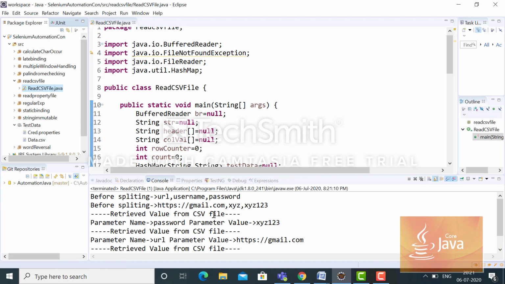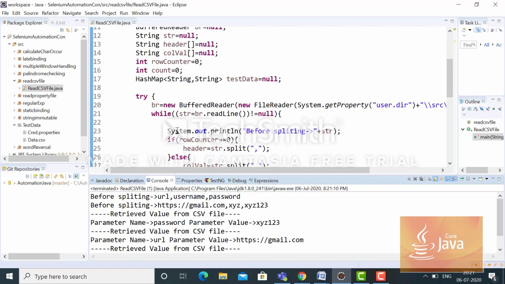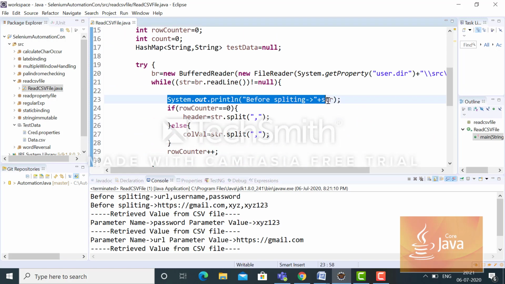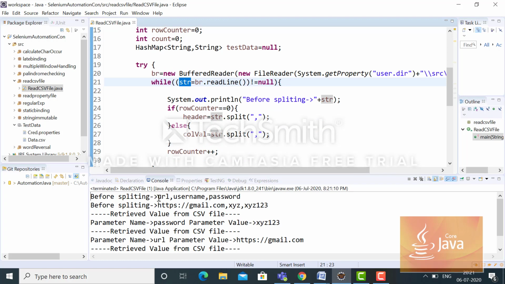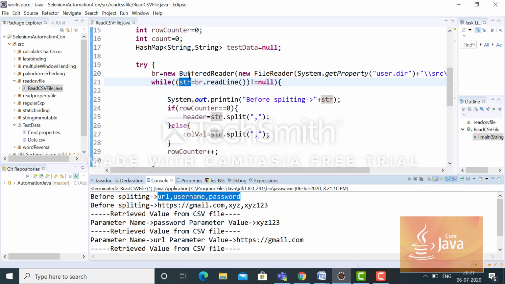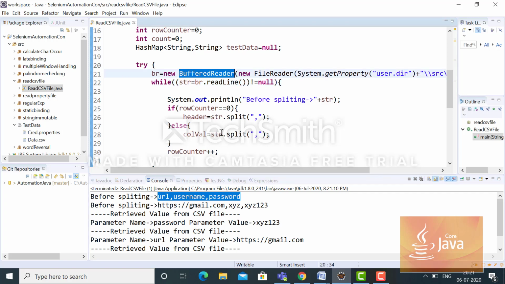As you were saying, before splitting, what does that mean? Here one by one string we are fetching it. Before splitting, the value comes comma delimited. So when we read the CSV file, the output will be like this. Line by line, using the buffered reader class, we are reading it.